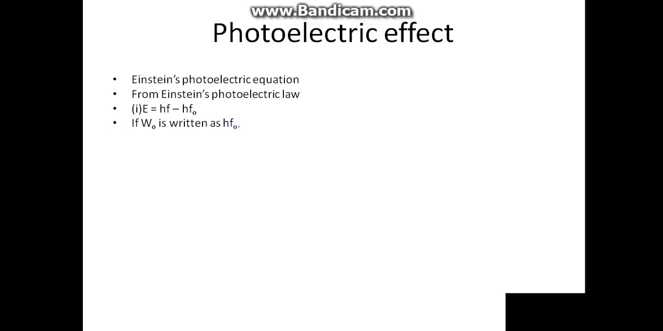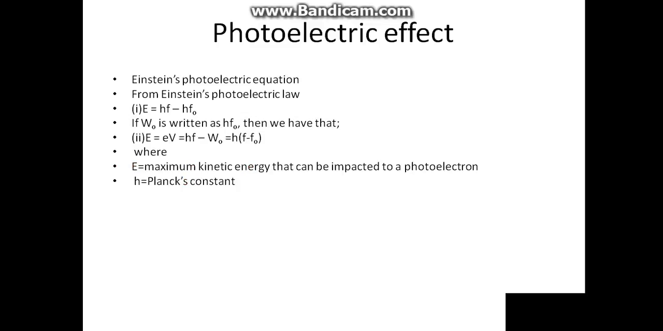Photoelectric effect. Einstein's photoelectric equation. From Einstein's photoelectric law, E is equal to hf minus hf0. If W0 is written as hf0, then we have that E is equal to eV, which is equal to hf minus W0, which is equal to h in brackets f minus f0,